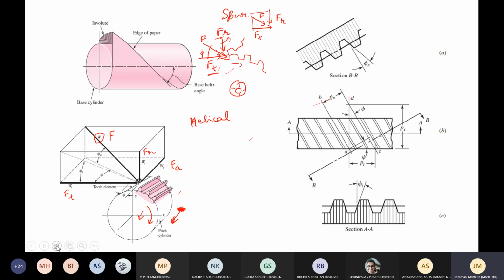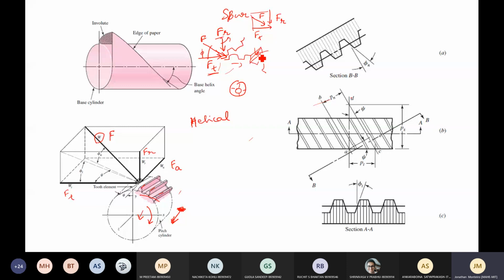Now, on this one particular tooth, what is the force that is acting? So you have F or W, whichever nomenclature you use, as the normal force that is acting on the tooth. And if you resolve it, you will not get only two forces as in the case of spur gears. Spur gears, as we discussed in the previous class, let me again brief you on that. If there is a force, it is acting on a line and that line remains constant. For example, if this is a spur gear, that line remains constant, and on that line you have only one normal force, normal to the surface of the tooth.